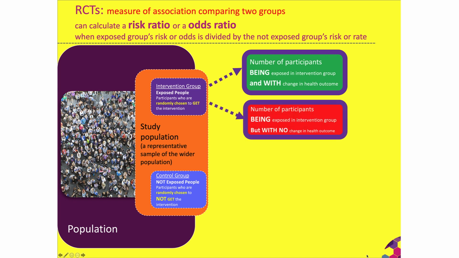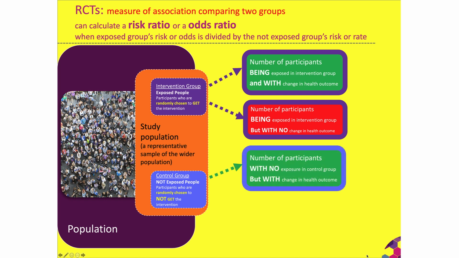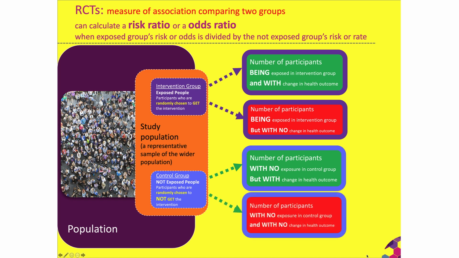Number of participants being exposed in the intervention group but with no change in health outcome. Then a number of participants with no exposure in the control group. They've not been exposed to the intervention, but they have had a change in health outcome. And a number of participants with no exposure in the control group, no exposure to the intervention, and with no